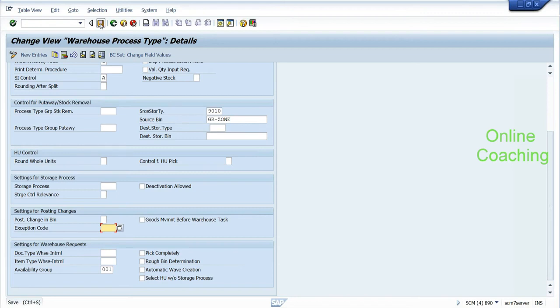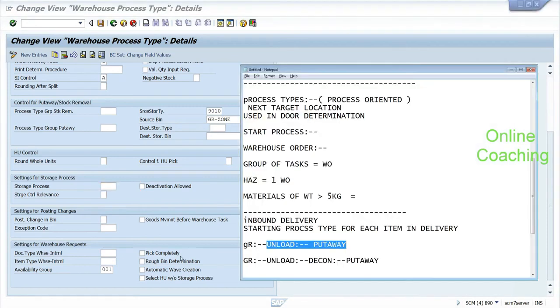Srini, what is this deactivation allowed? Which one? In the storage process? Yes, that one. Okay, now this deactivation allowed, for every storage process, let's take this example, what actually